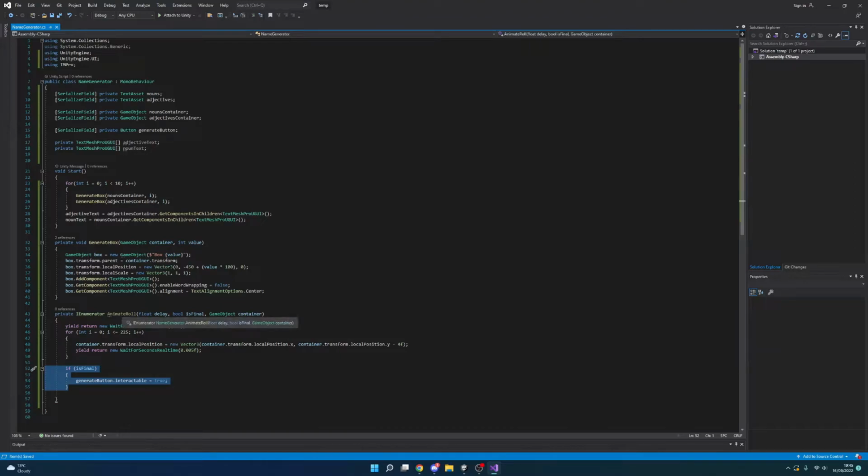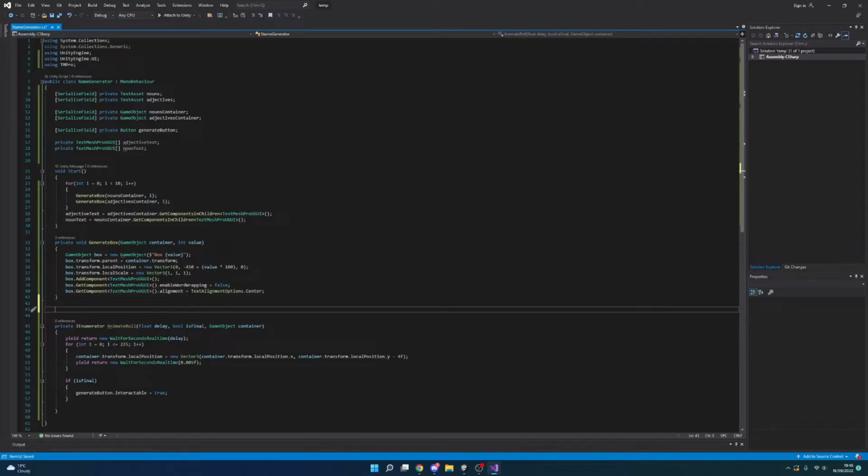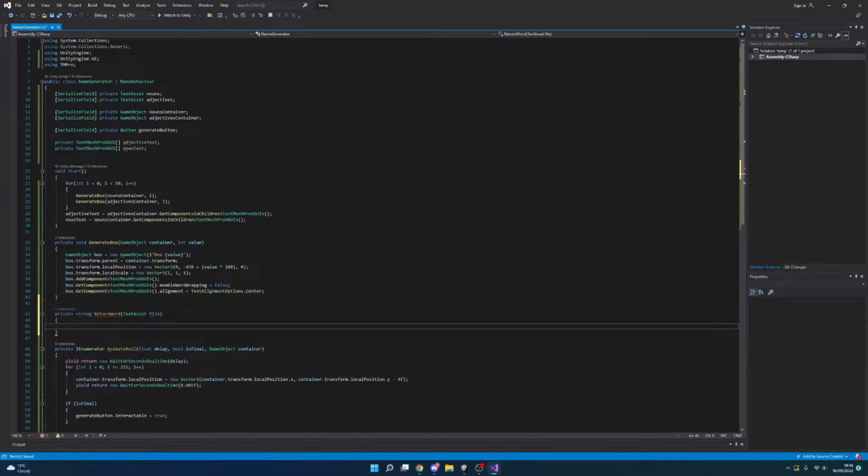Now that we've created the AnimateRoll function, we're going to create one final function before we do the main one. So in this, we're going to actually have it as a private string, and this is going to be called ReturnWord. In this, we're going to pass through a TextAsset, and this is just going to be called file. Now what this function is going to do is it's going to return a word for either our adjective or our noun, and this is going to happen by searching a file which we will create after we've created the script. So in this, we're going to want to first create an array of all the lines, and this will be done by